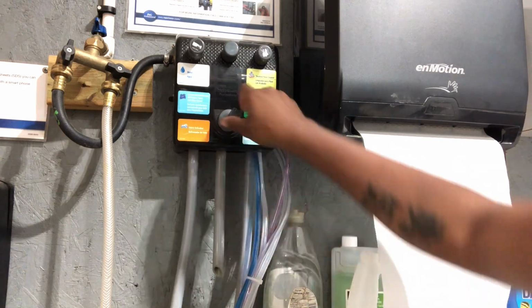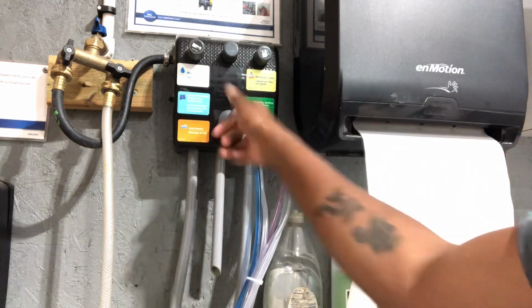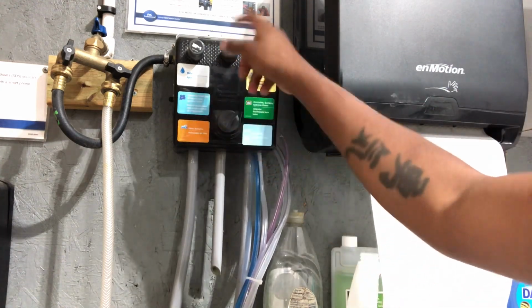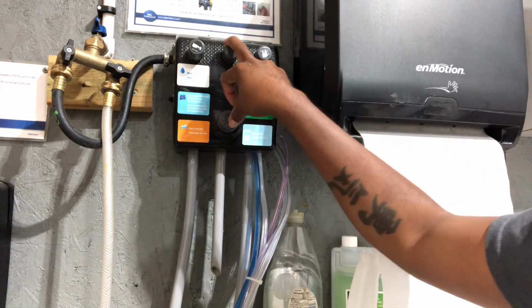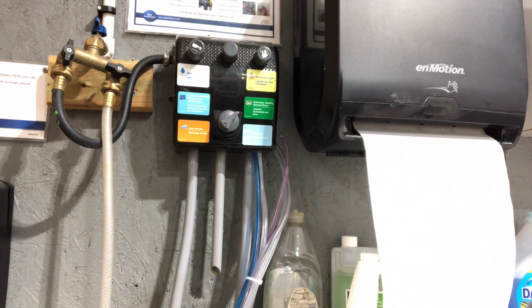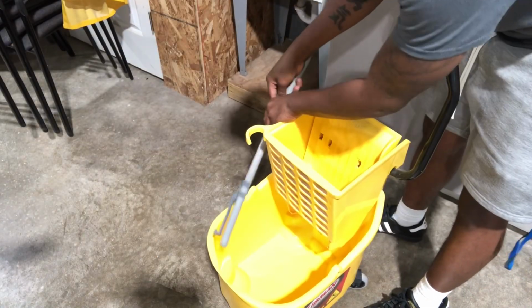And then you got this. This knob only controls these four. It has nothing to do with this middle one. This middle knob controls this. These are intertwined with each other, basically. And then you got floor cleaner. So we are going to demonstrate how to do the floor cleaner. I'm going to get your little handy dandy hose, stick it down here,